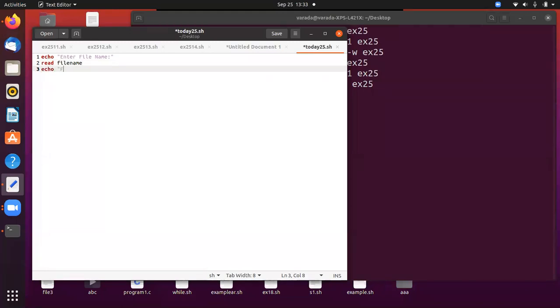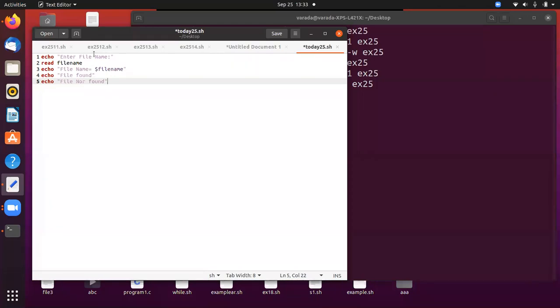Wait one minute, file name equals $file. Now we are going to print two messages. One is, with the file found, we can do something, for example "file found". Another one is, if the file is not available, we print "file not found". So these are the two messages.